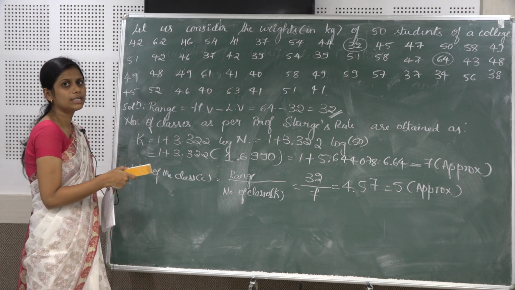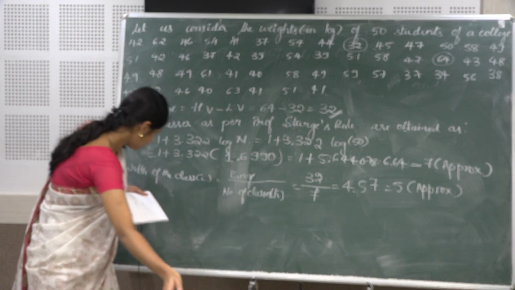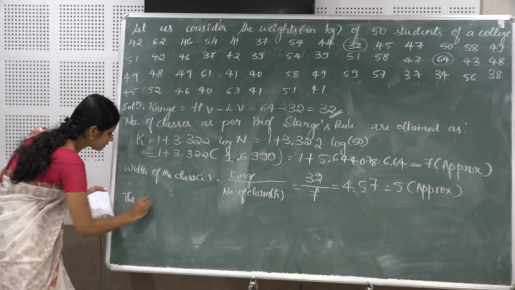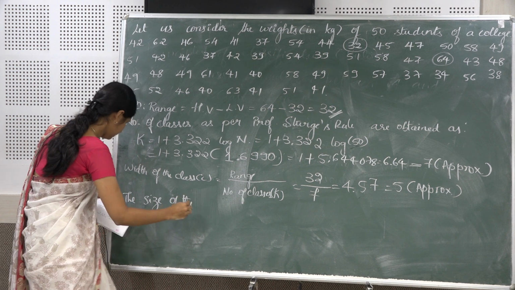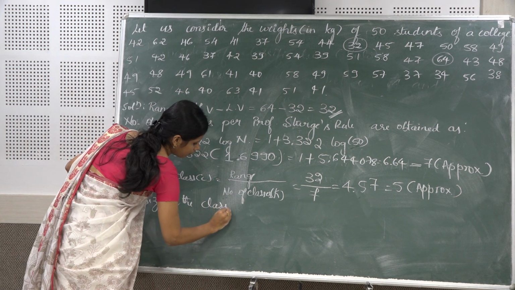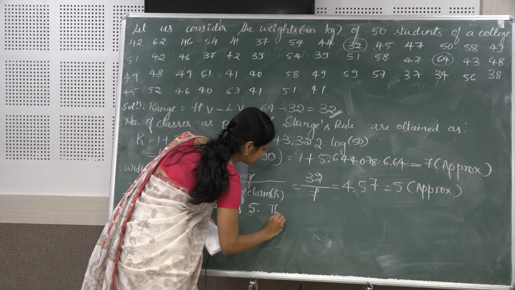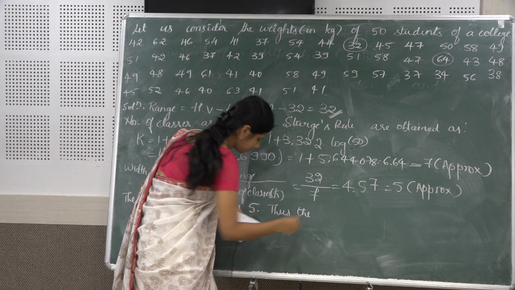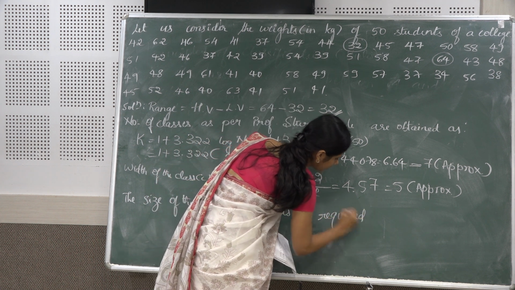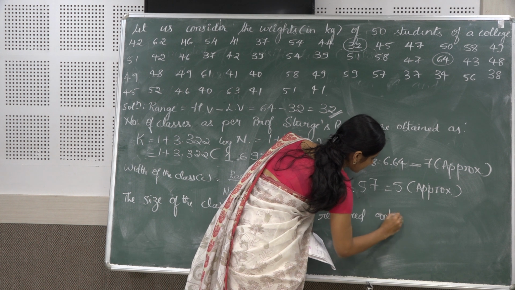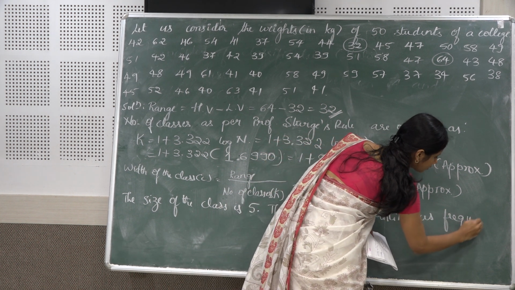Now we will frame the continuous frequency distribution. Thus we can write that the size of the class is 5. Thus the required continuous frequency distribution is